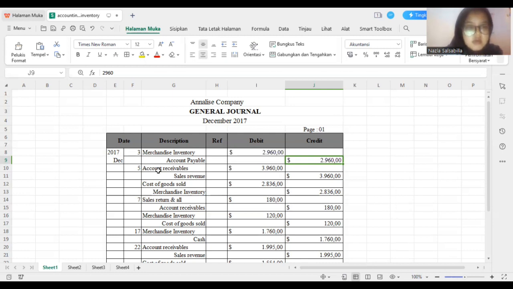So here we have two journals. The first one is account receivable $3,960 on debit, and sales revenue on credit side is $3,960. And the second journal is cost of goods sold,